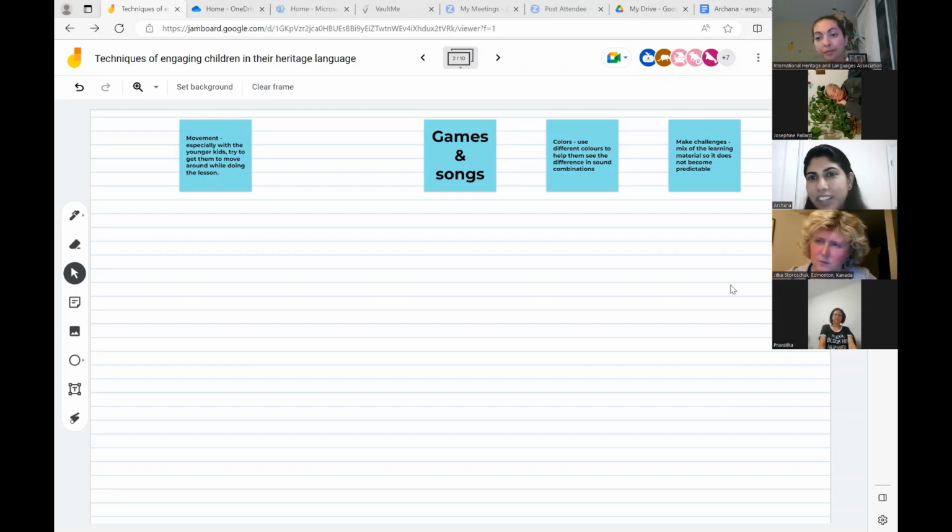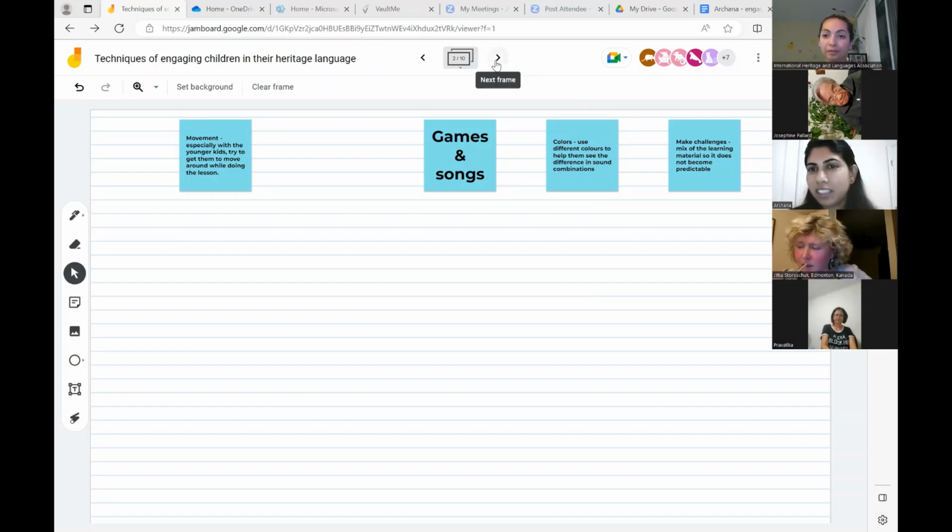No, definitely. As we said, we have to use age-appropriate techniques. If we have the beginners level, we can do something, and for the same thing, if we have older kids, the higher level kids, we'll use some different techniques. I totally agree with that. Jitka, do you want to add something to it?